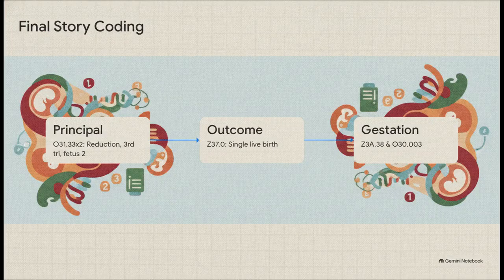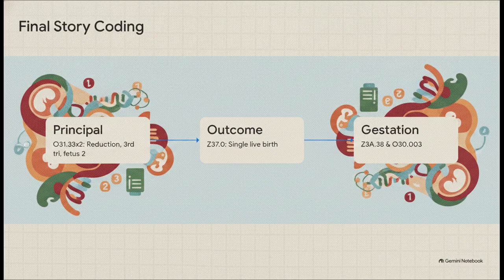Here's how we tell that whole story. Step 1. The principal diagnosis is O31.33x2, elective reduction, 3rd trimester, identifying fetus 2 as the reduced fetus. Step 2. We have to code the delivery outcome, which is Z37.0 for a single live birth. And then step 3 captures our gestation specifics, Z3A.38 for the 38 weeks, and crucially, O30.003 for the twin pregnancy